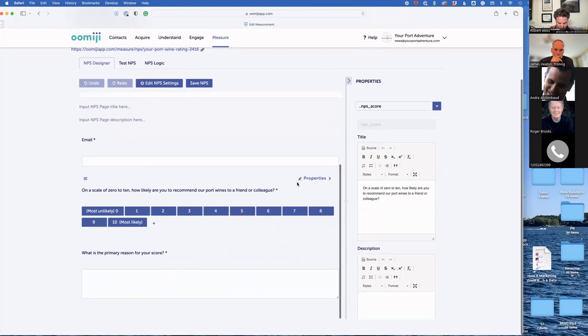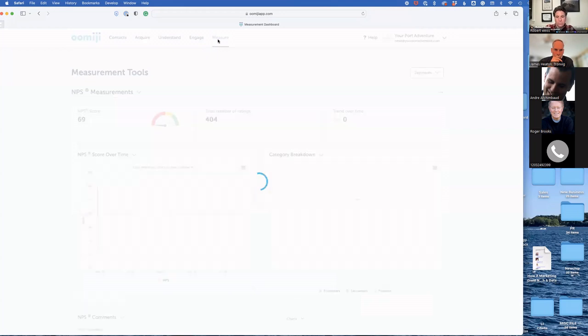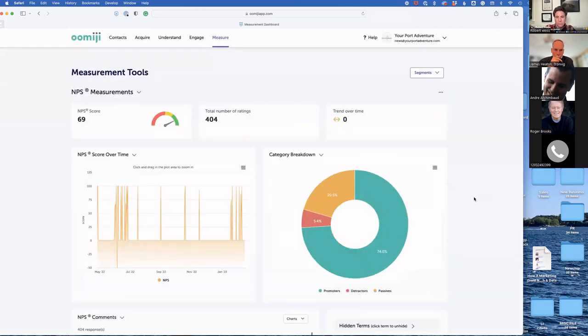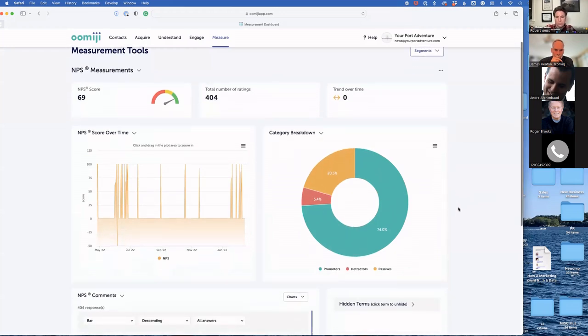Now, most companies use this as an index. They may check every month, they may check every quarter to see what it is, and they will look at what the reasons are for that. But because we collect language, we can use it as an engagement tool. So they said that they wanted to create a brand ambassador program. How can they use this?